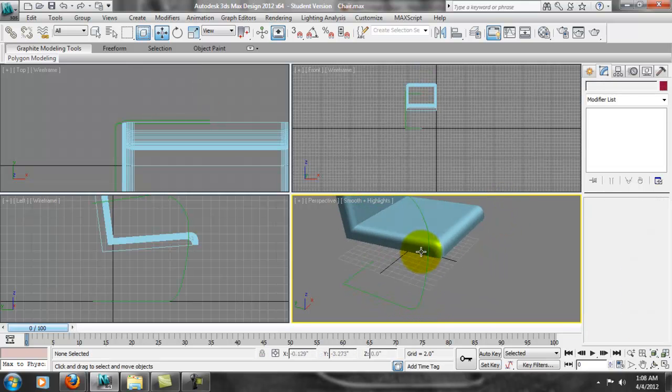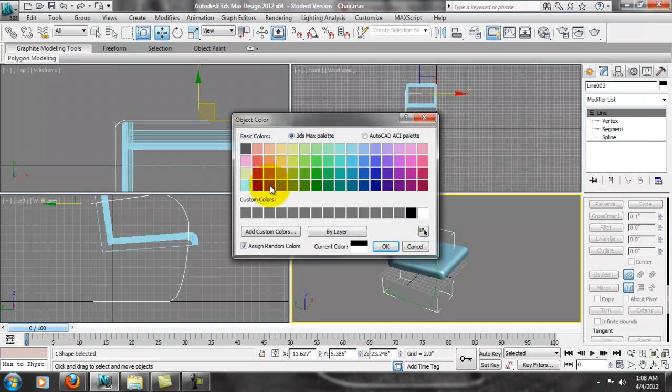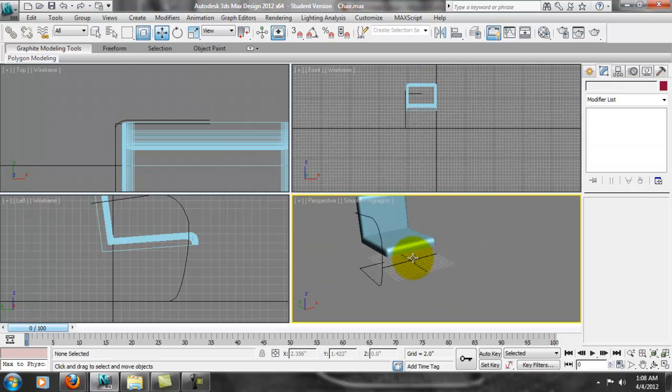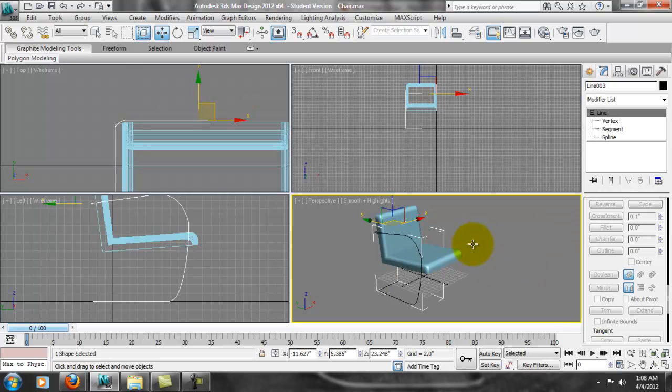We're ready to do a sweep. Go ahead and save this now, and we can select this line if we want to and make it a different color so we can see it better. Black. Okay, so now we can see that a little better. So what we're going to do now is just basically select this line. Oops, make sure we don't move it like that. I did accidentally move it there. And we're going to go to,